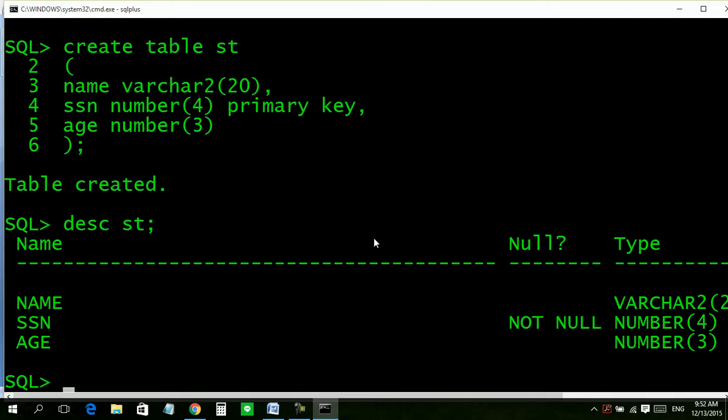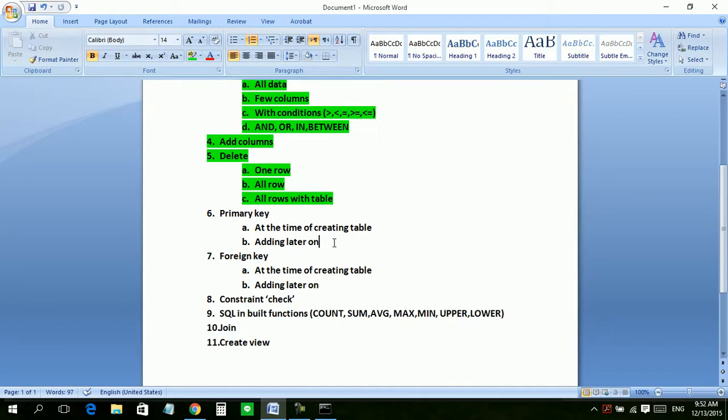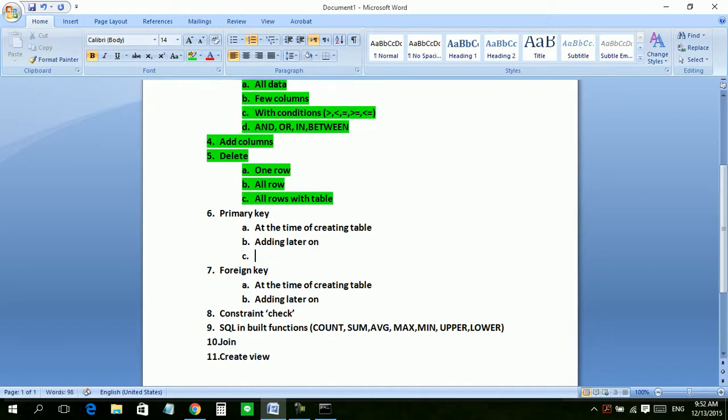If I want to delete a primary key, it's very easy. One more thing is deleting primary key.